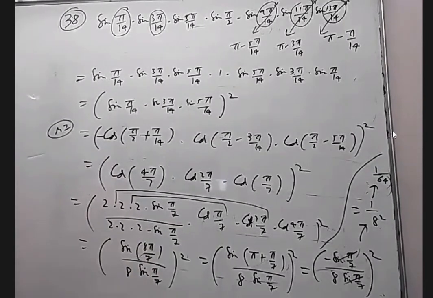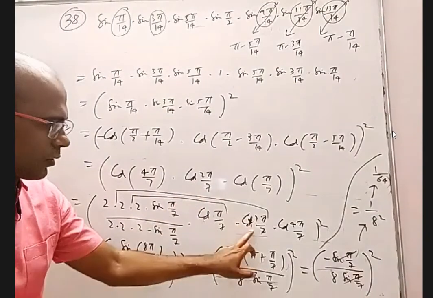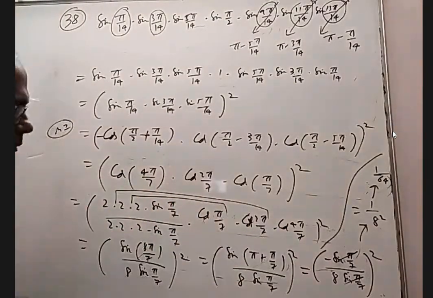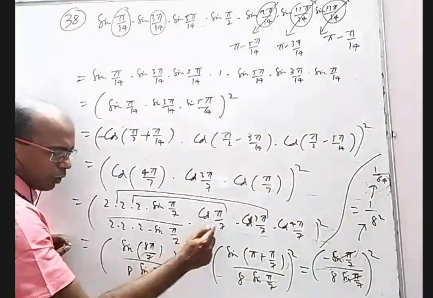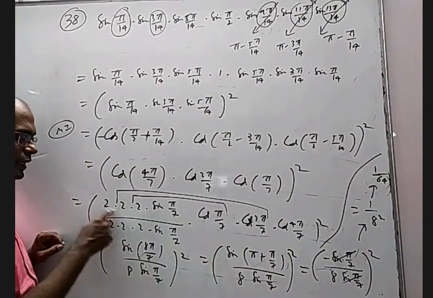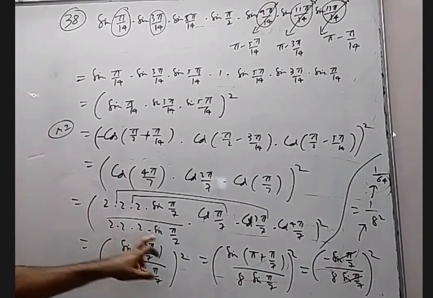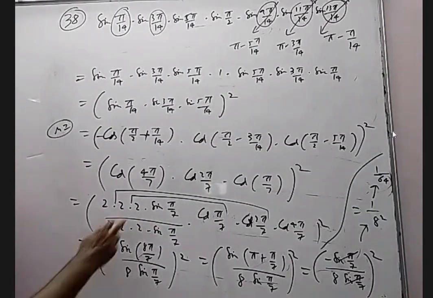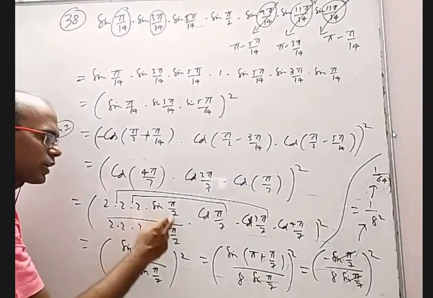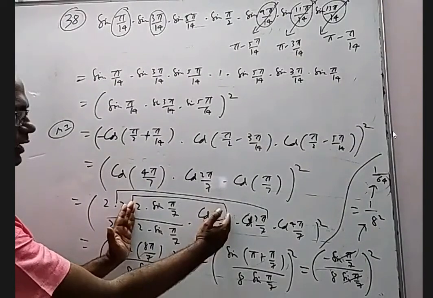But how did we derive that formula in the class? First, I wrote cos pi by 7 here. Next, double of that cos 2 pi by 7. Double cos 4 pi by 7. The smallest angle sine of that I have to multiply. I multiplied 2 3 times. So I multiplied with 8 sine pi by 7 divided with 8 sine pi by 7. What is the use of that? This into this into this. 2 into sine theta into cos theta will become sine 2 theta. So only this much, what will happen? Sine 2 pi by 7, right?